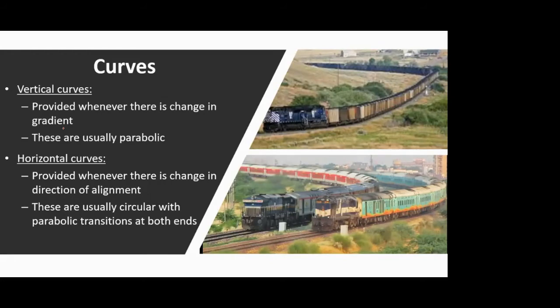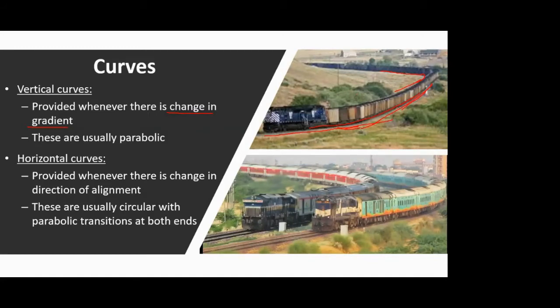Now, vertical curves, I told you, come into the picture whenever there is a change in gradient. As you can see in this picture, at the top one, you have a down gradient here, and then from this point onwards you have an up gradient. So wherever a down gradient is meeting an up gradient, you'll see that it's a mild curve. Or here, it is almost flat or a down gradient, and then you again have a down gradient along with a horizontal curve as well. So in that case again you have this curve. These are the examples of vertical curve.